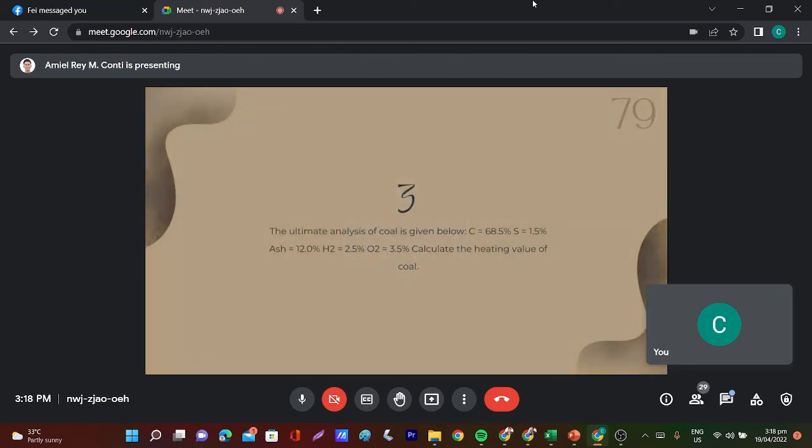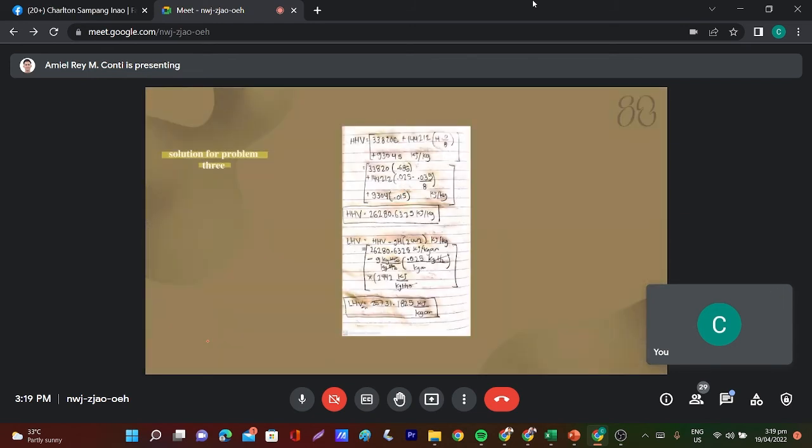Next, number 3, sample problem 3. The ultimate analysis of coal is given below. C, carbon equals 68.5%, sulfur equals 1.5%, ash is 12%, hydrogen is 2.5%, oxygen is 3.5%. Calculate the heating value of coal. So, dito sa problem na to, hinahanap yung heating value. Well, assume na natin na hinahanap natin is yung high and low. Kukunin na rin natin siya parehas. Focus muna tayo sa pagkuha ng